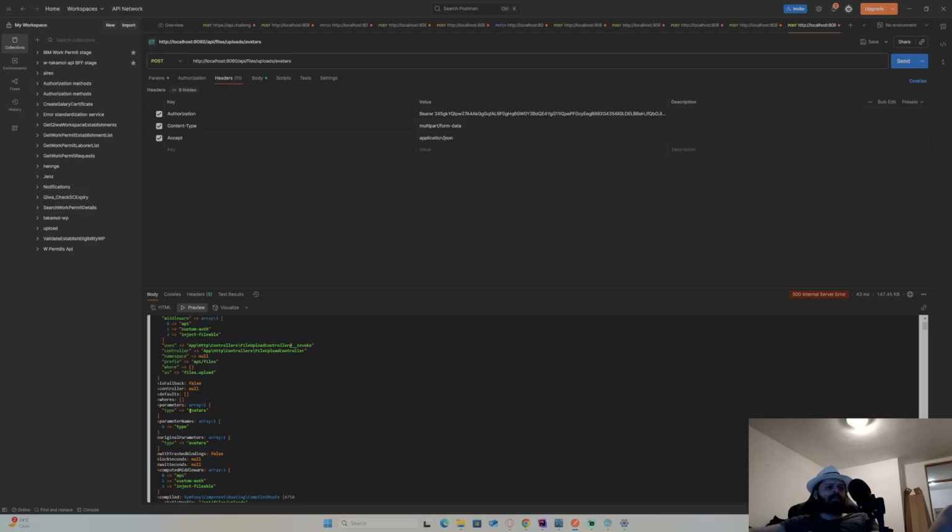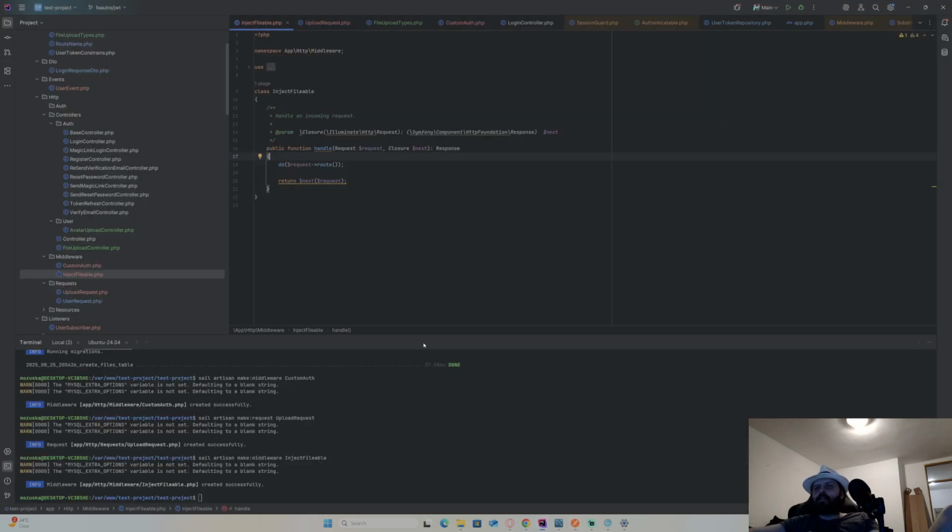But if I add fileable here, I call it fileable as a model that needs to be injected. It will probably be automatically injected into the route. So it automatically injects everything it finds here into variables that it finds, probably. That's my theory at the moment. So let's just do this then.